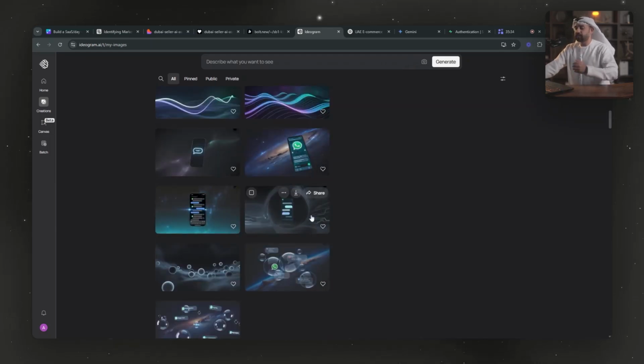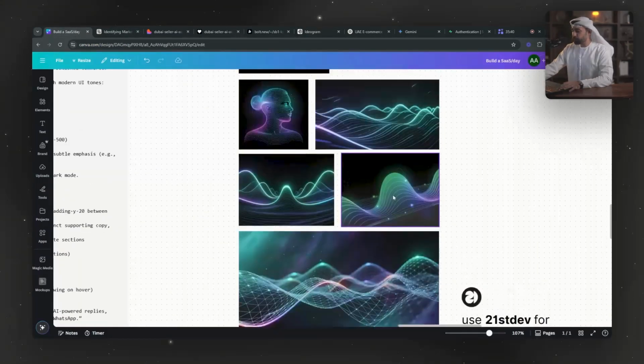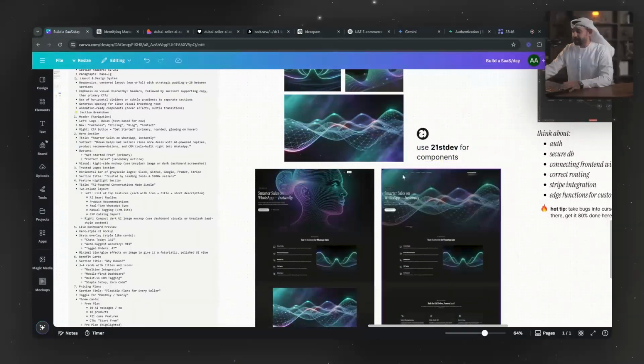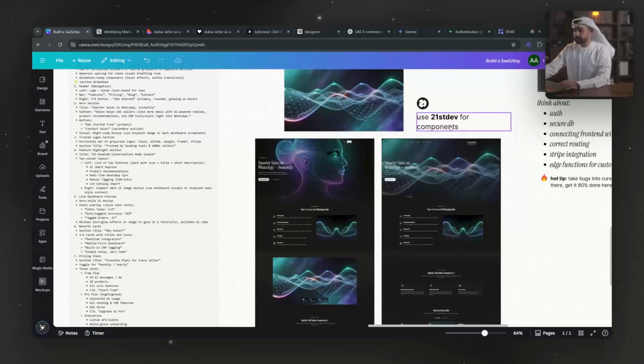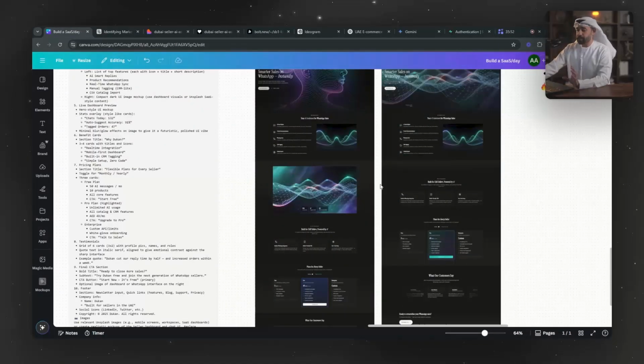Like, I was testing different things just so you see what I like the most. So this is me being picky and why it took a lot of time. Essentially, I got all the images. This is all AI generated based on the front end, and by the way, this is a nice website if you want components, but I ended up with these two types of landing pages from Lovable.